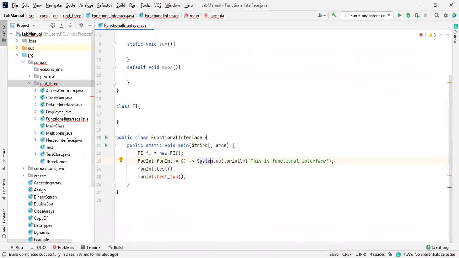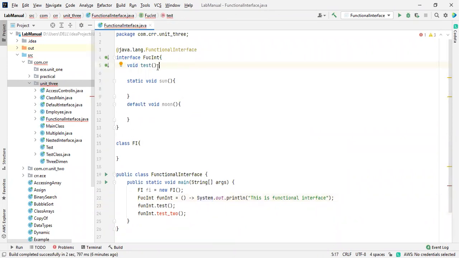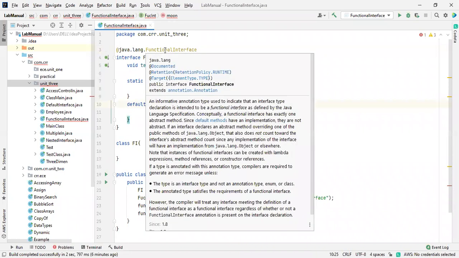It has been done. So please remember this one. The functional interface is also very important. In some conditions, some people won't write this one. By not writing this, they will say that this is a functional interface. No, if this is a functional interface, you have to mention this annotation. That's why the annotations are very important.